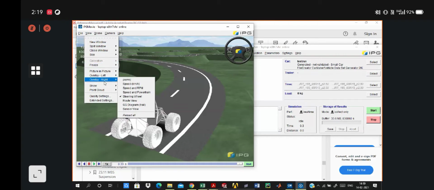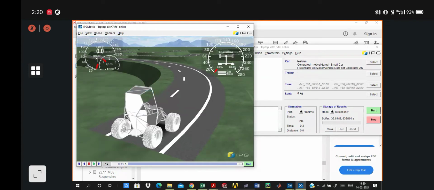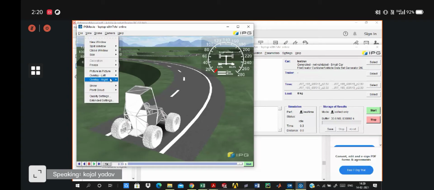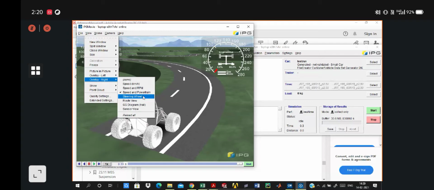Similarly, you have to select steering wheel, or you can select any of them, speed and powertrain. Basically, if I select speed and powertrain, it will show you the speed and the engaging of your powertrain of the vehicle. Or if you just want to analyze the speed of your vehicle, you can select the speed.